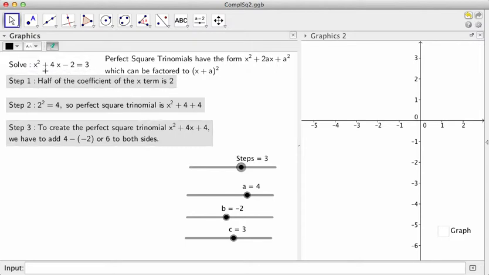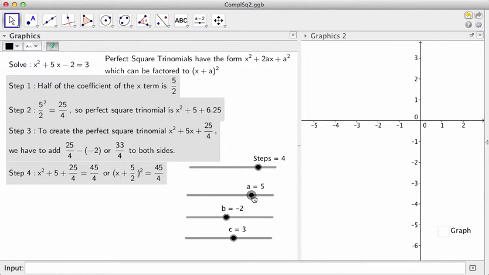If we add 6 to the left side, we're going to get x squared plus 4x plus 4. On the right side then, we're going to have to get 9 because we've added 6 to both sides. So what we now have is that x squared plus 4x plus 4 is equal to 9, or in factored form, x plus 2 squared is equal to 9. And this factored form is what's going to enable us to solve, because as our next step, what we're going to do is